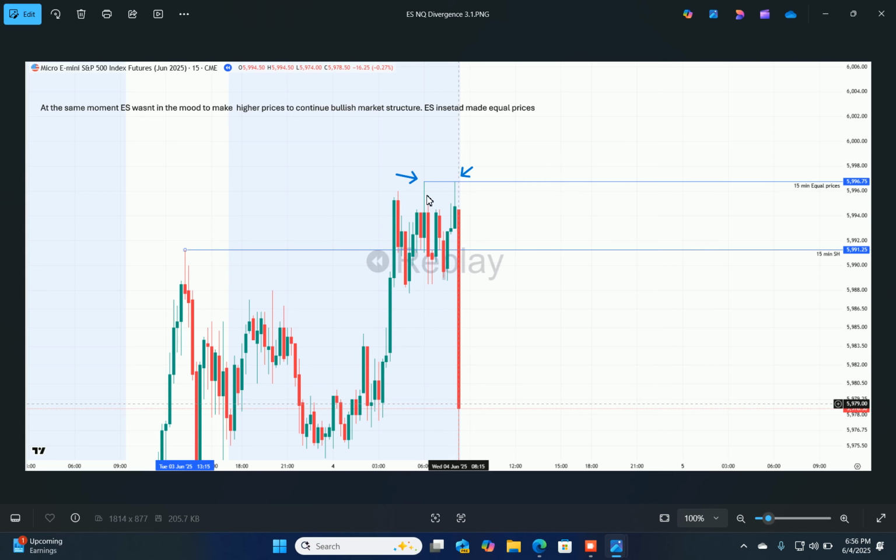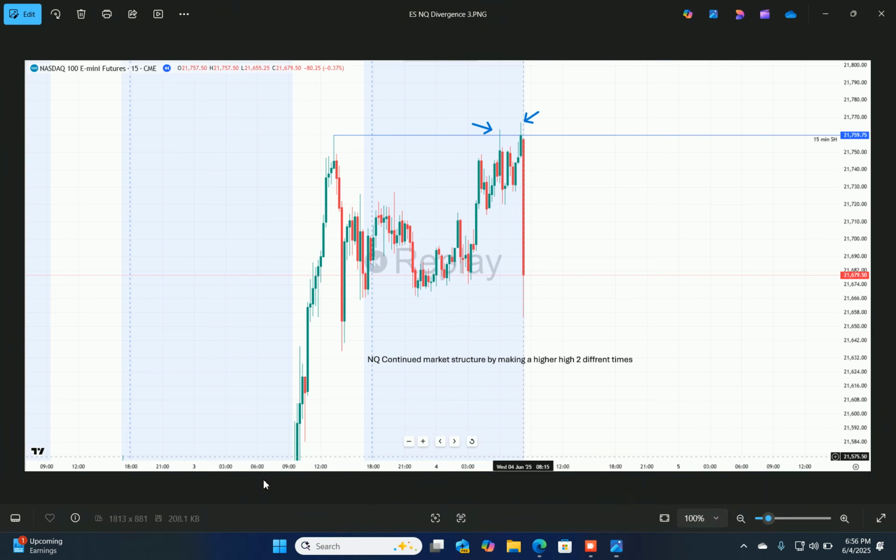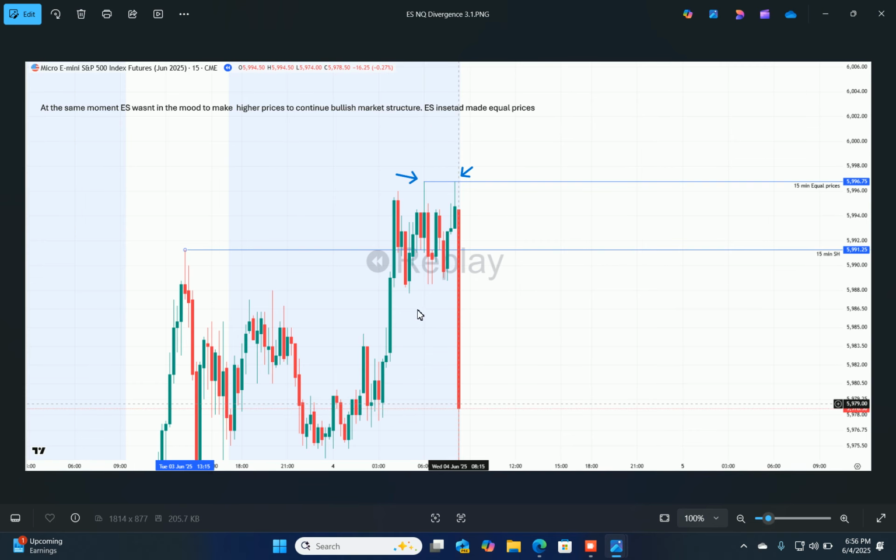But the only difference between the ES and the NQ is, if you go back over here, I'll show you real quick, the NQ made higher highs twice, right? The ES didn't make higher highs twice. The ES made equal highs. So these equal prices right here,